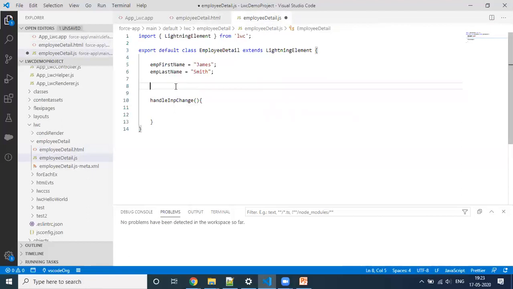I'm assigning it to a variable, so I'm giving input name and input value.